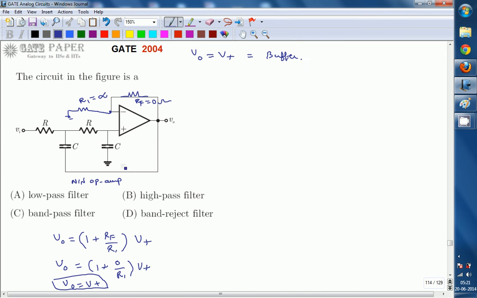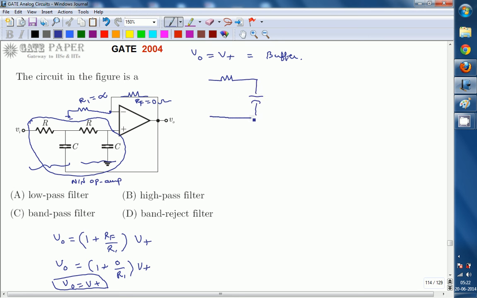So what we require is the relationship between the voltage at the non-inverting terminal and the input. If you know this relationship, then you can identify the circuit designed by this, and based on that we can identify whether it is low pass or high pass. If you observe, it has two branches of RCs, the first one and the second one. We will go with only one RC at a time. So this is R and it is C.